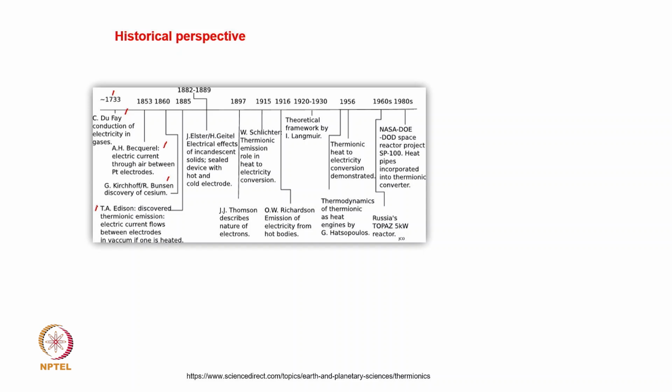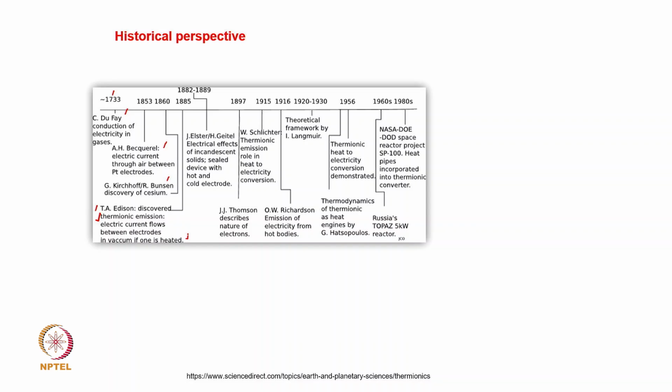What he saw was that he discovered thermionic emission, which is our topic here. As I have shown, if you have a sealed vacuum tube and on one side you have a heated filament or heated electrode, then electrons flow between the electrodes and it generates a current. This current can be controlled by another battery or a field applied outside.